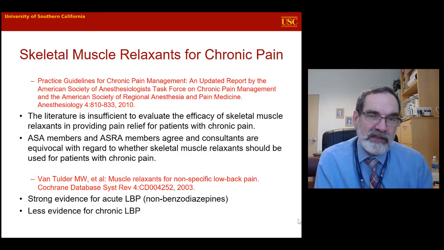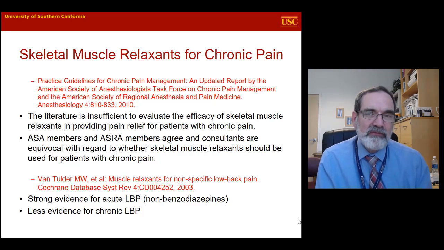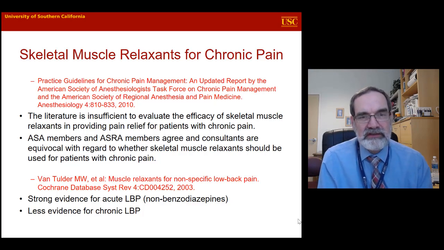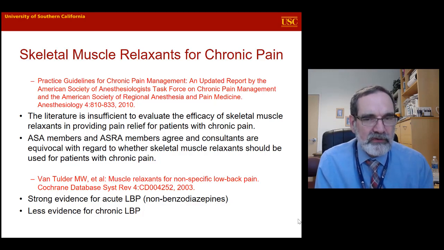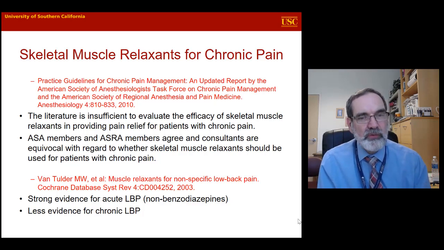Nevertheless, the American Society of Anesthesiologists and the American Society of Regional Anesthesia members do agree that there's a role for these muscle relaxants, whereas the consultants were a little bit less sure whether or not these should be used for patients with chronic pain. In the Cochrane database, we do find pretty strong evidence that these are helpful for the treatment of acute low back pain, less evidence for chronic